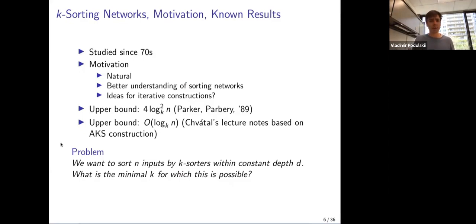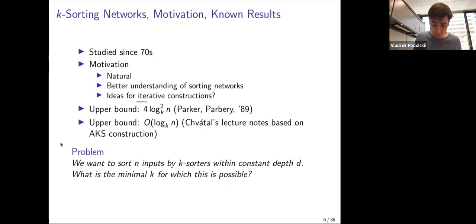And also, as far as I understand, there is some motivation in terms of practice. From a practical point of view, if you want to actually implement sorting networks, it might be reasonable to consider K-sorter networks. I don't know much about that. And finally, another natural idea is that maybe if we construct a good sorting network with some K, then